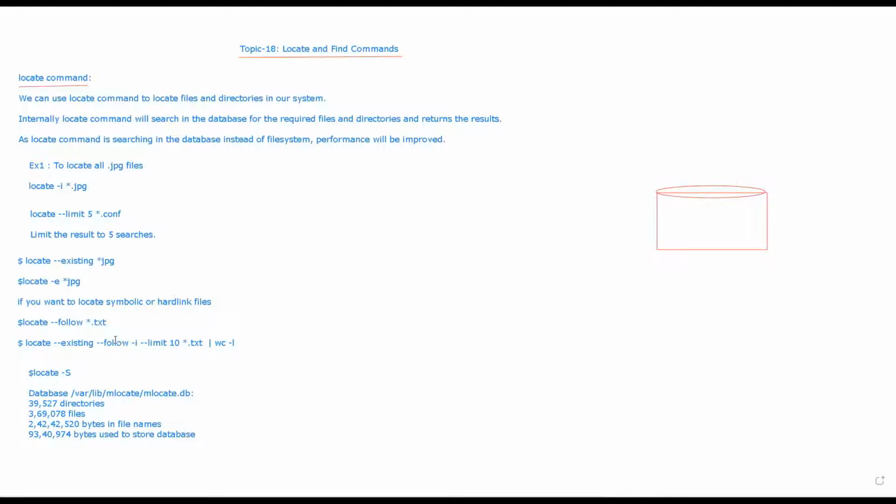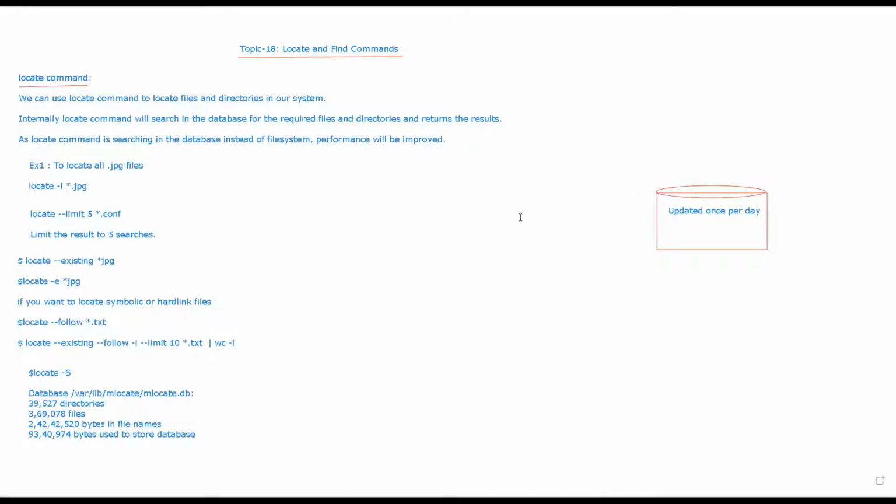We said this locate command is searching in this database, but this database is updated once per day. But we are doing so many updates. So what about those updates?